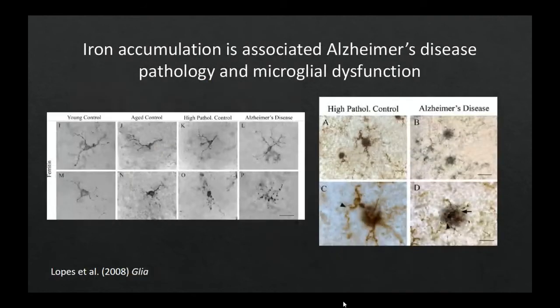Now, we also know that in Alzheimer's disease, there's iron accumulation that is associated with microglial dysfunction. This is a published study showing ferritin accumulation in microglial cells. What I want you to notice is that as we progress in Alzheimer's disease, we get ferritin accumulation, and we also get microglial dystrophy. So the microglia change morphology, and this morphology tells us something about their function. Okay. The big takeaway from this is that we see iron accumulation correlating with microglial dysfunction and amyloid pathology in